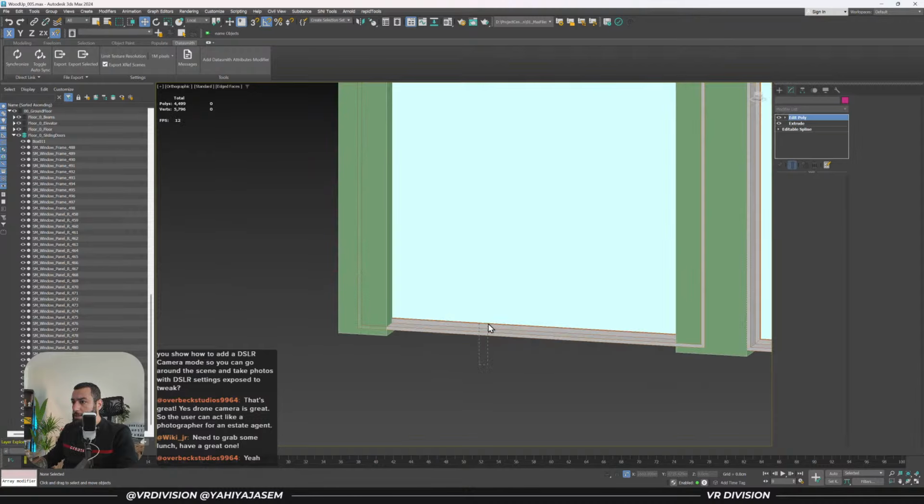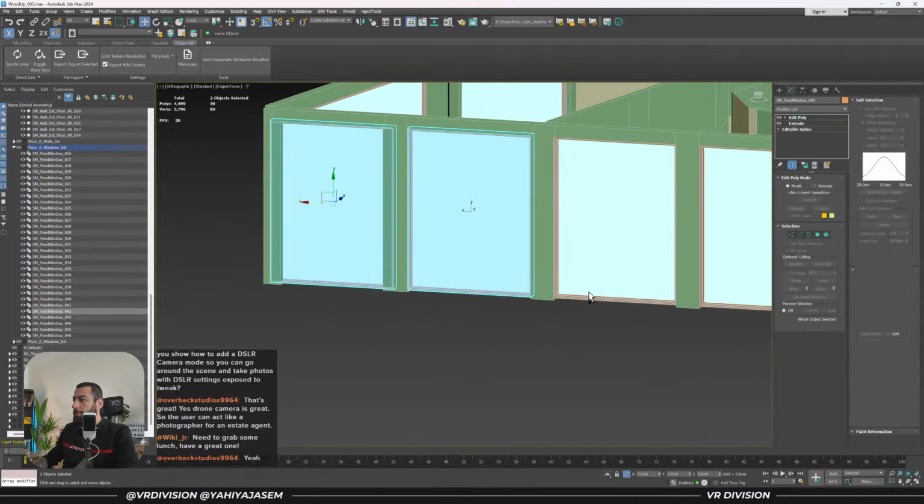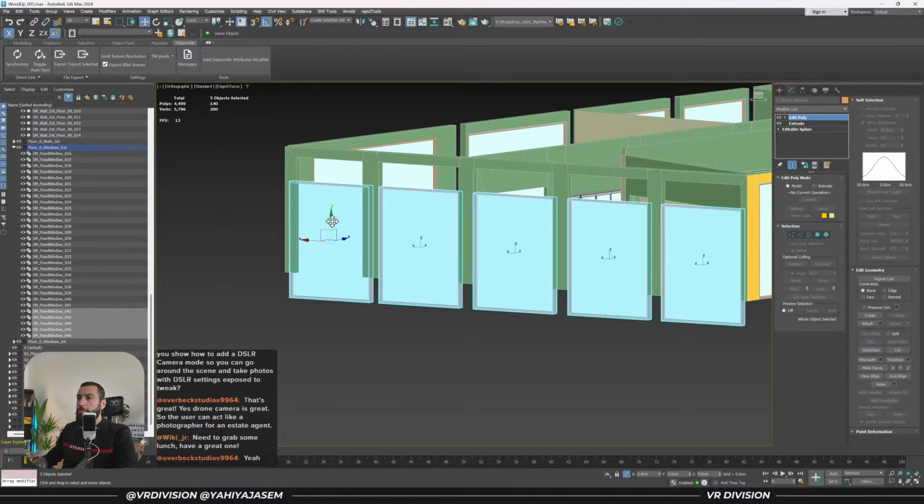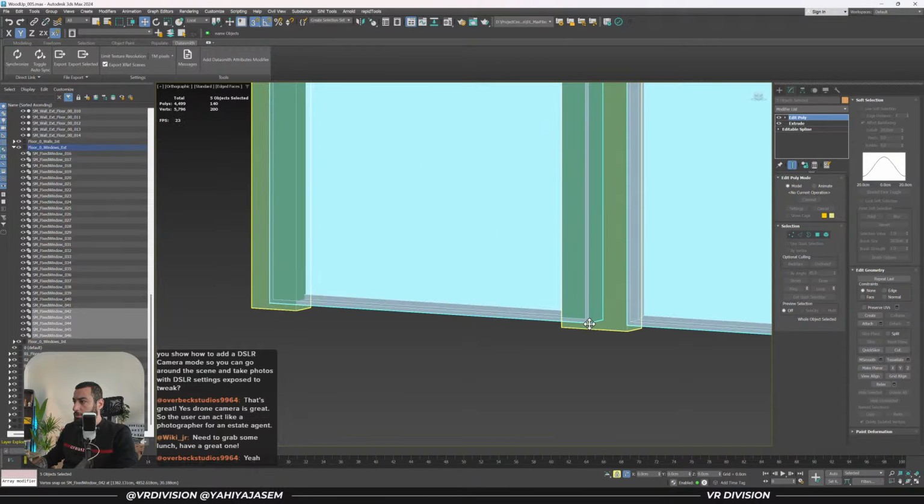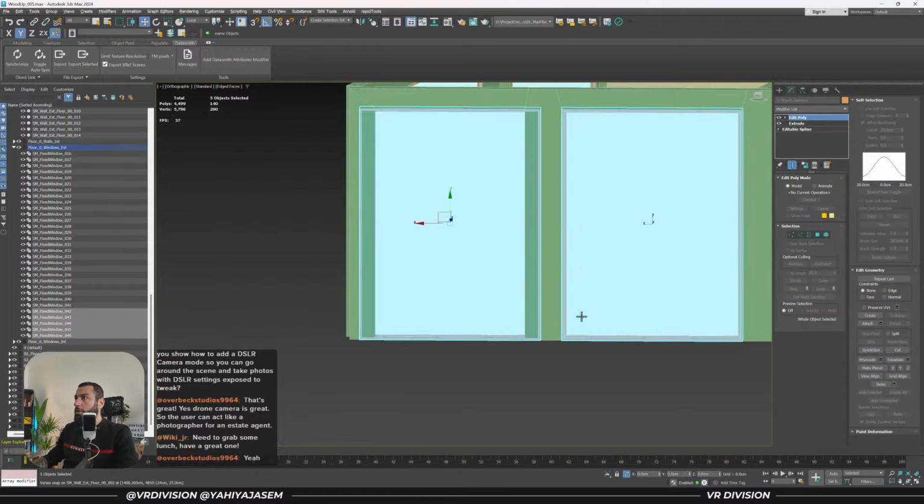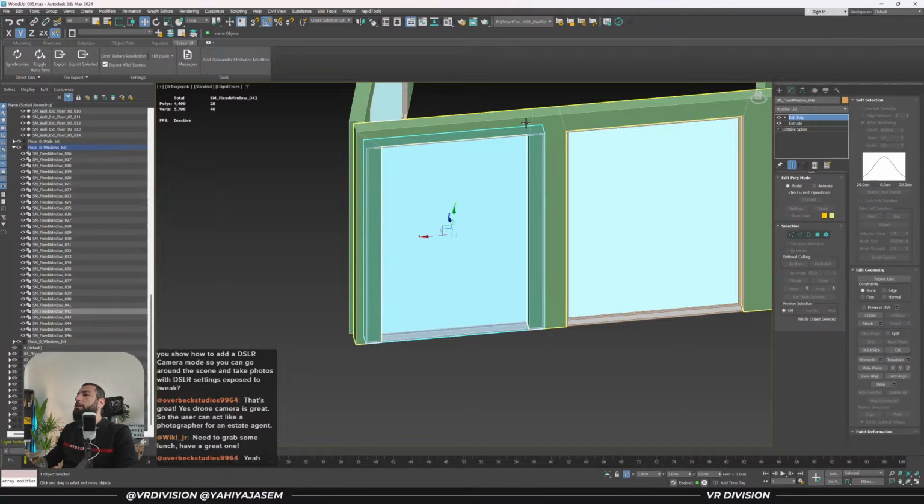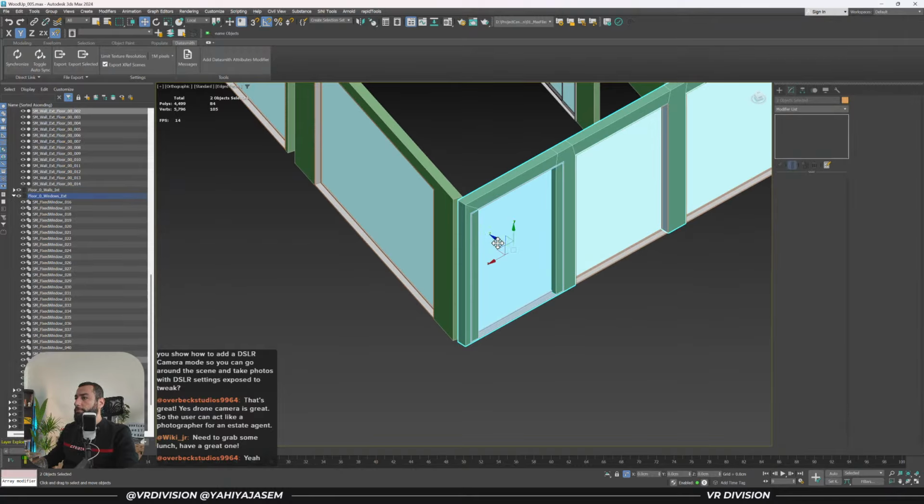Now I just noticed that all of these are floating slightly above the floor, so let's select them and move them on the z-axis to the correct location. Now let's make this